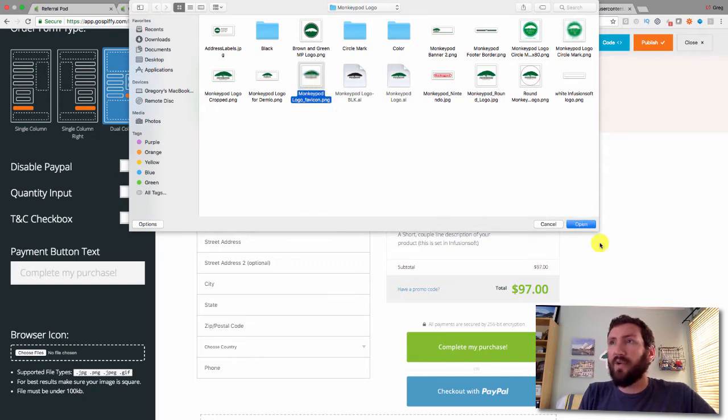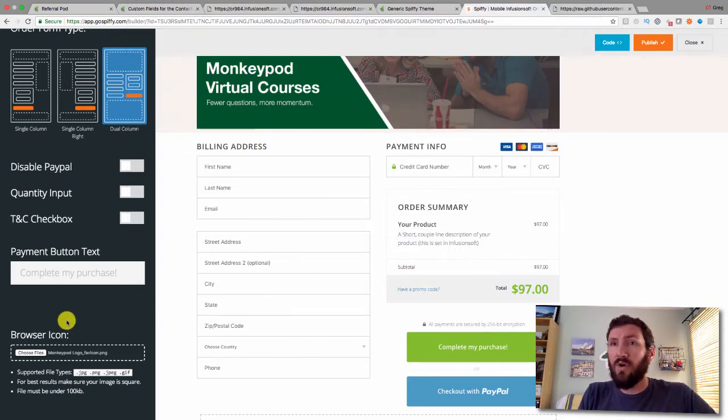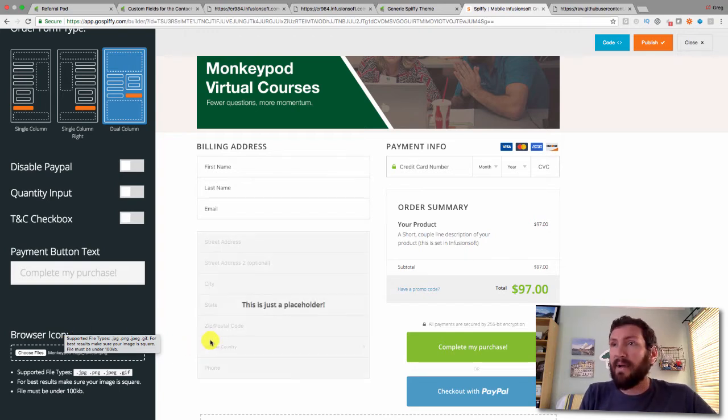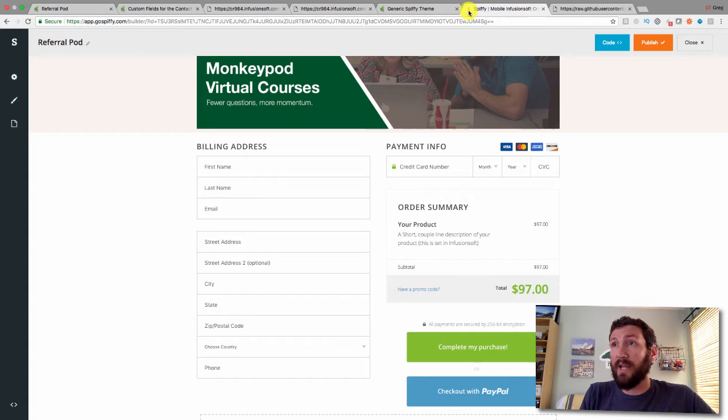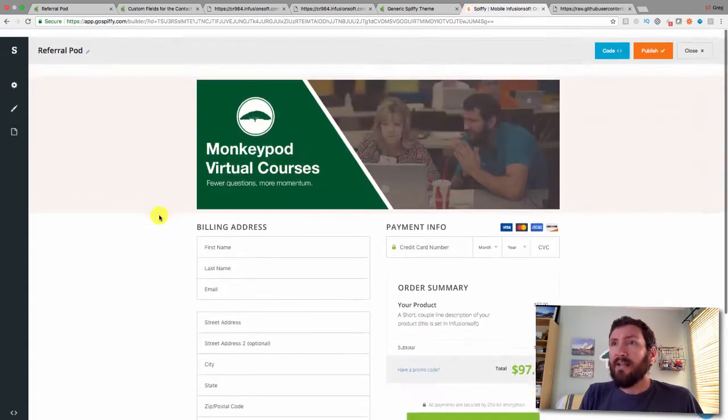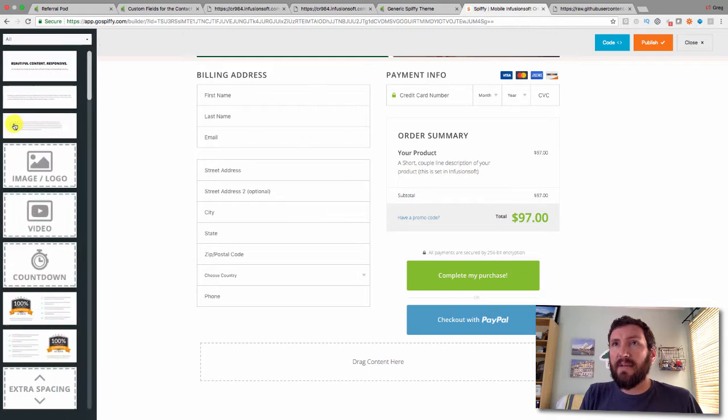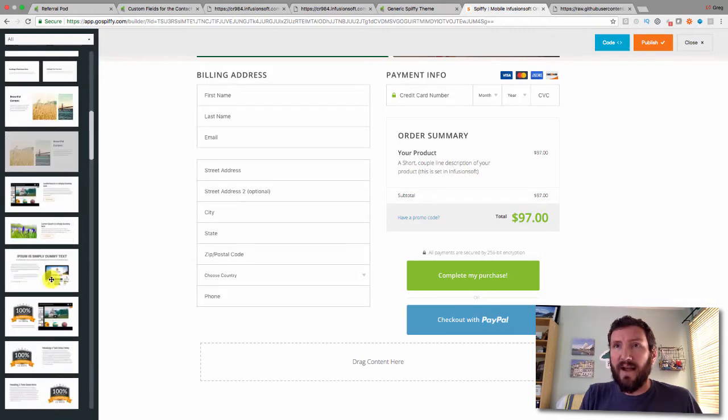And I've already got that created because I use it on my website, so this is something that Infusionsoft's native order forms don't even have, but now I can quickly and easily let it display my favicon when that page has loaded. Let's go ahead and add an element down here, and obviously they've got a library of different elements